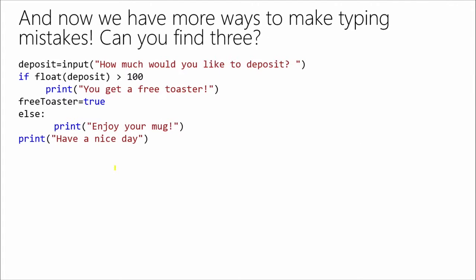So Christopher, I'm going to challenge you. See if you can find 3 typing mistakes here. Deposit equals if float deposit. It should be int, but yes, it should be int deposit. Okay, bonus, it might be 4 mistakes, because we were just seeing that it should actually be int.